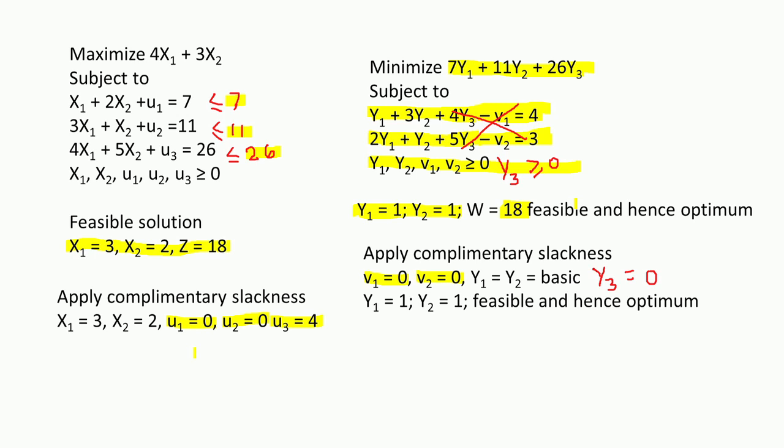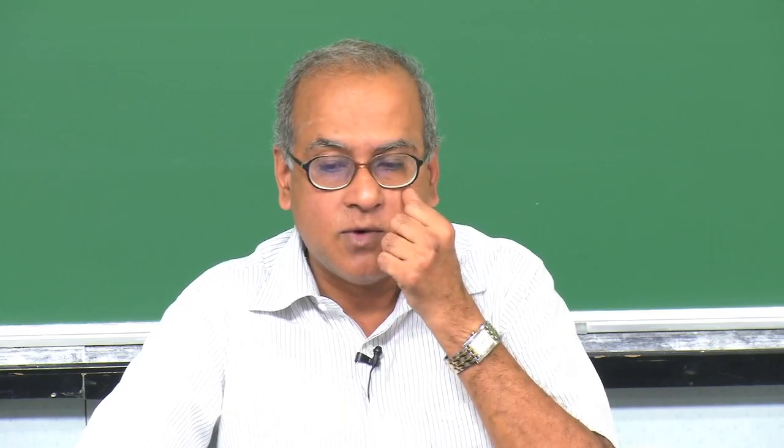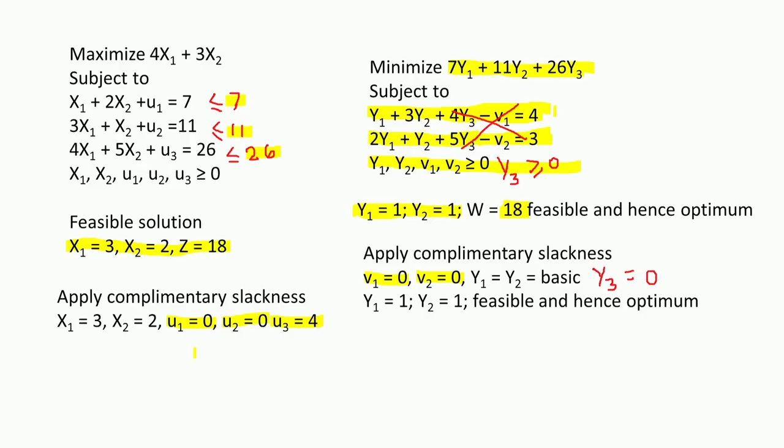So when I solve for this, when I multiply the first equation by 2, I will get 2Y1 plus 6Y2 is equal to 8, and I subtract, 5Y2 is equal to 5, I will get Y2 equal to 1, and I will substitute to get Y1 equal to 1. So I get Y1 equal to 1, Y2 equal to 1. Now this solution Y1 equal to 1, Y2 equal to 1, V1, V2, Y3 equal to 0 is feasible and